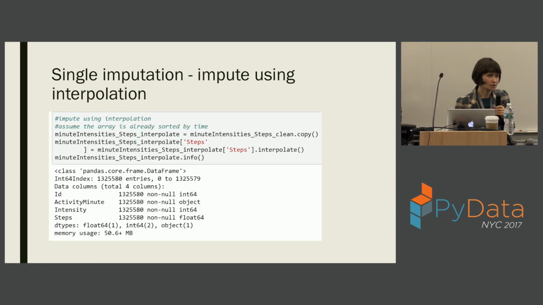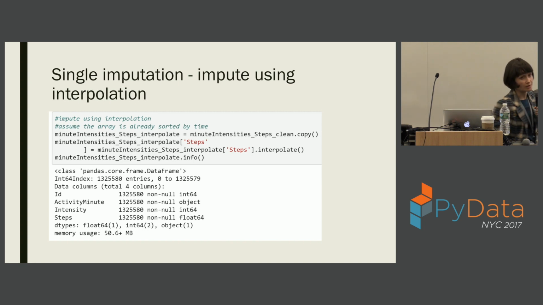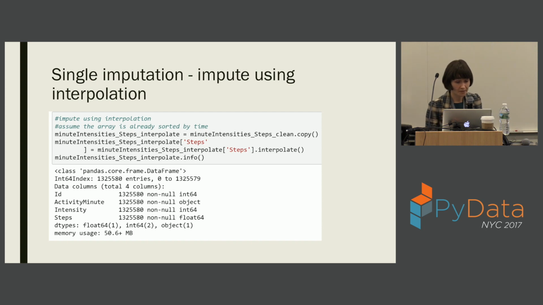Another one is interpolation. We simply interpolate here with the previous value. So basically, if you walked 30 steps in a given minute, and then there is a missing value in the next minute, write 30 until you find a non-missing value. There are many different kinds of interpolation. You can also use the average between the two, so you can specify in the interpolate what kind of interpolation you're looking for.